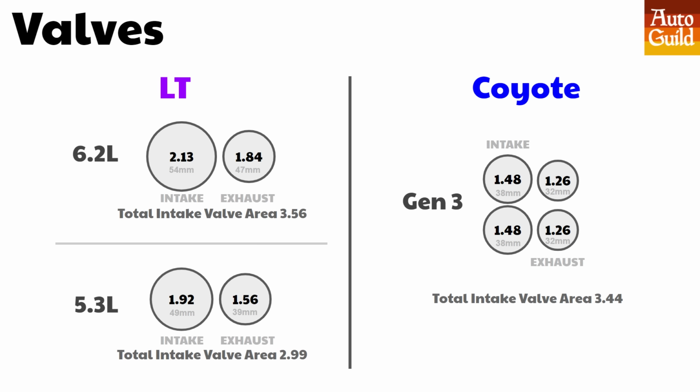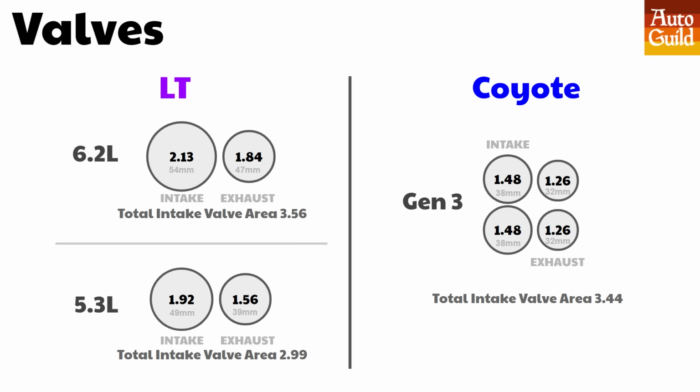Okay, let's geek out on the cylinder heads a little bit more. Let's talk some valves. These valve sizes are to scale with each other. On the LT, you can see the LT valves are massive, way bigger than the Coyote. This is a win for the LT, right? Well, not exactly, because the Coyote has 4 valves per cylinder, obviously,